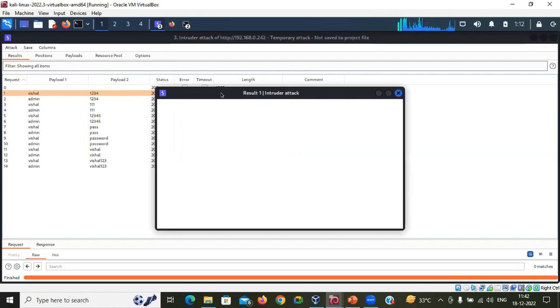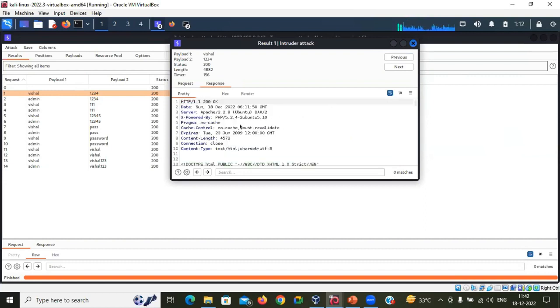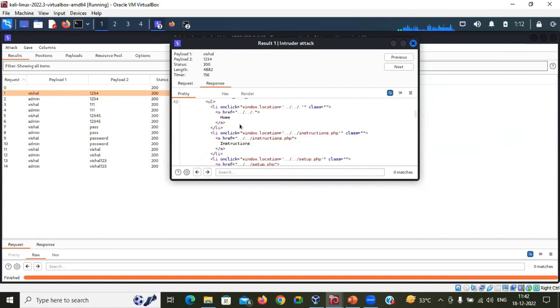Okay, so let me check the response of this request. Here you can see the request and the response. The request means you are sending a request to the web server that the user is Vishal and the password is 1234, and you are asking the web server to authenticate your user and password. So if user Vishal and the password 1234 are authorized, then you will get a correct response,